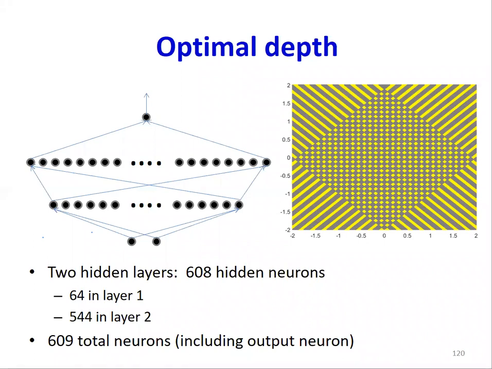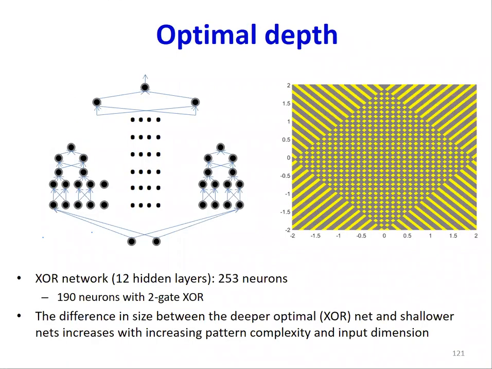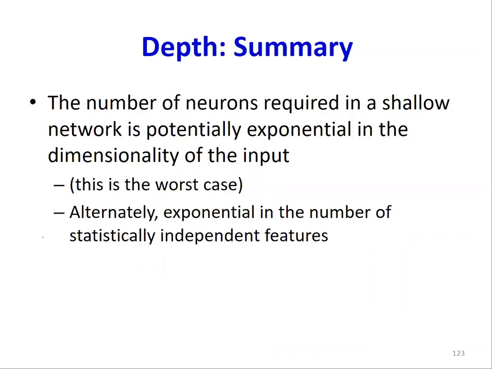So I have 544 of these yellow regions. So the number of neurons required in a shallow network is potentially exponential. And so again, it's not as simple as a bias. The reality is, yes, you can also do this with 1 hidden layer, but in this particular example, I actually have that on the slides, the number of connections is still going to be much more than if you do the deep network.